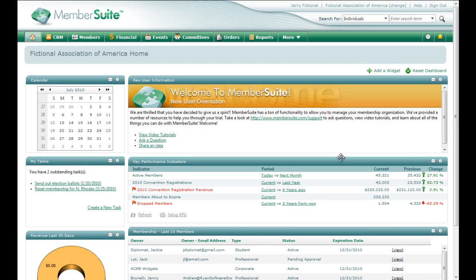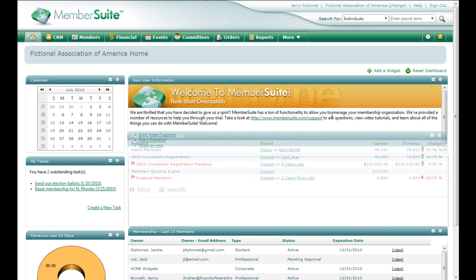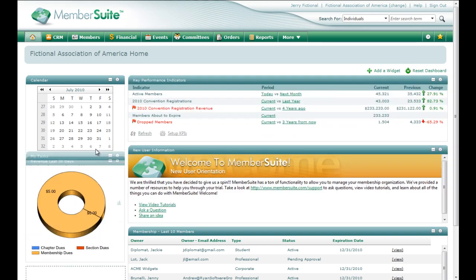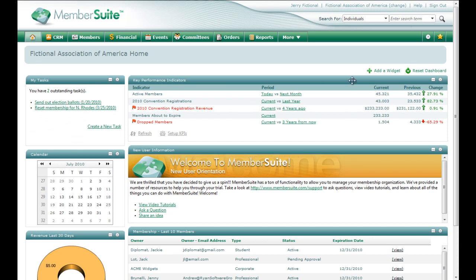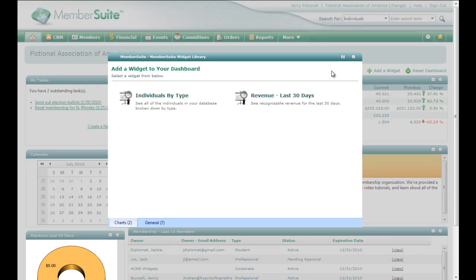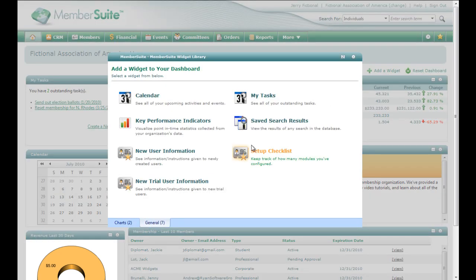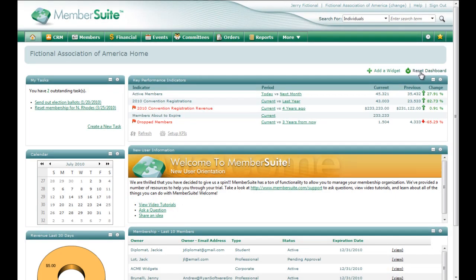When you first log into MemberSuite, you are presented with a dashboard. The default dashboard is comprised of several information displays called widgets. You can easily drag widgets around and rearrange your dashboard. You can also add new widgets, selecting from our ever-growing widget library, and customize the data that they show. You can also reset your dashboard back to the default setup by clicking the Reset Dashboard button at the top